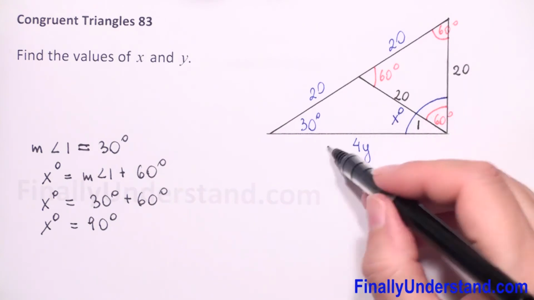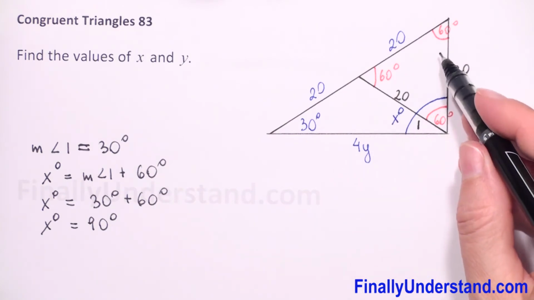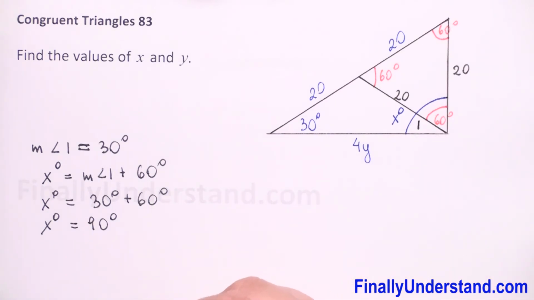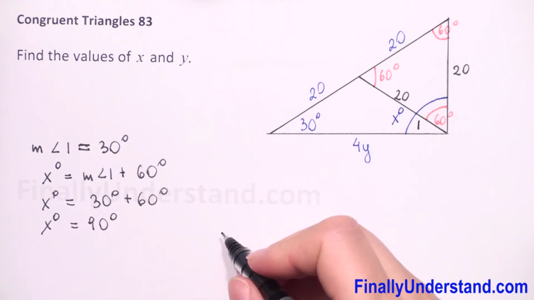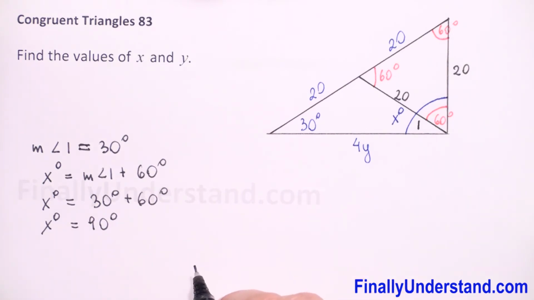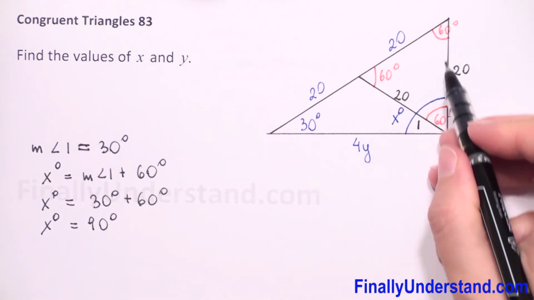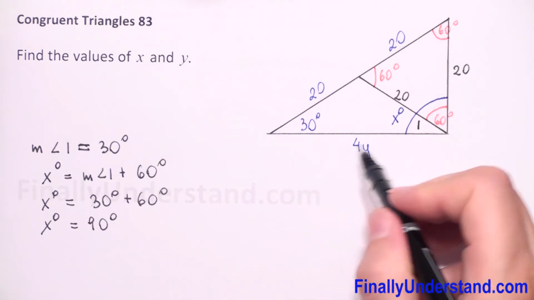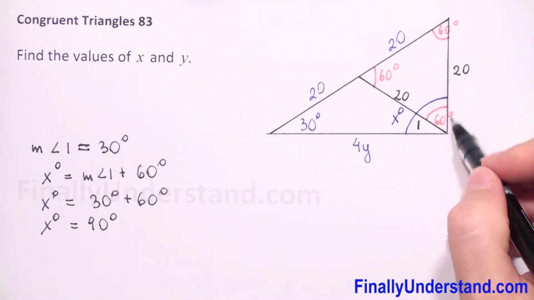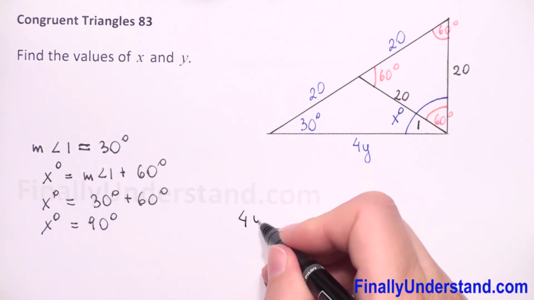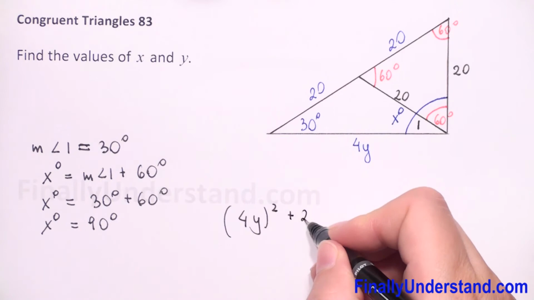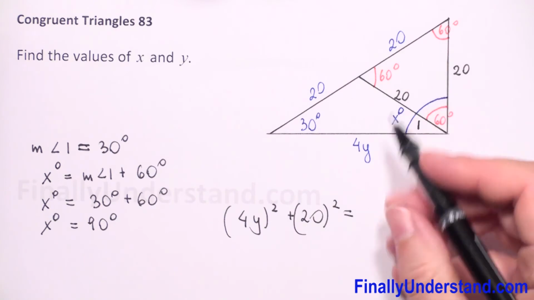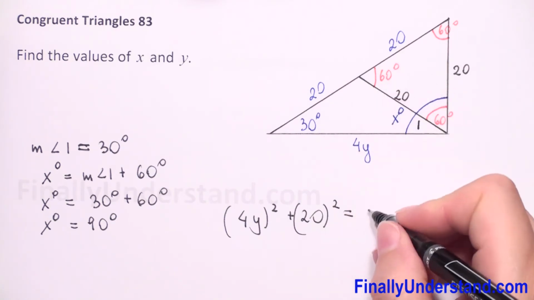And if we have a right angle, it means that we have a right triangle. So we can use the Pythagorean theorem. And we know that the sum of squares of the legs, this is one leg, this is the second leg, and this is the hypotenuse. So the sum of squares of these two legs, we have (4y) to the second power plus 20 to the second power is equal to the square of the hypotenuse. So this is (20 plus 20)